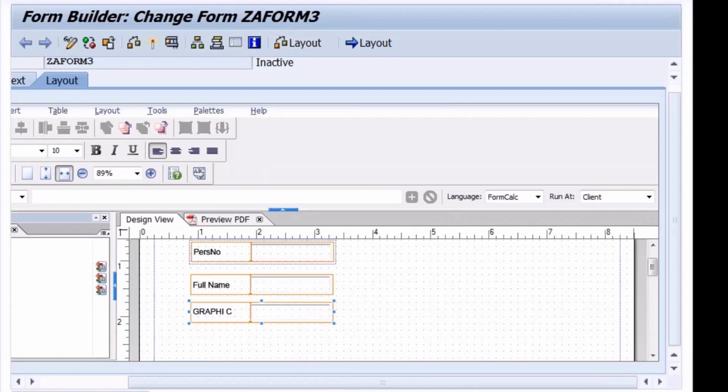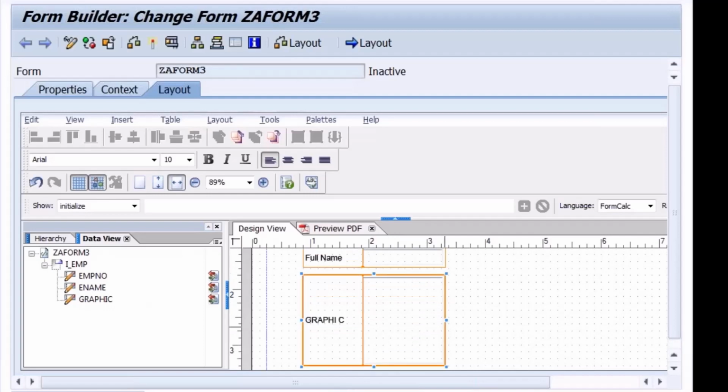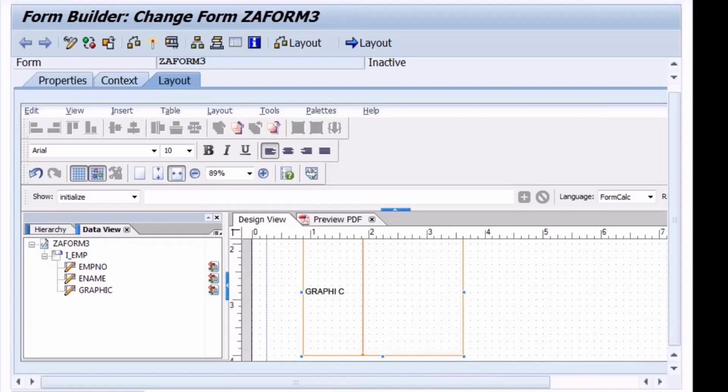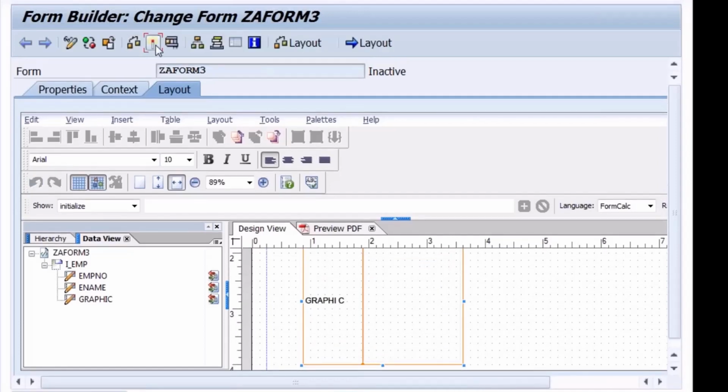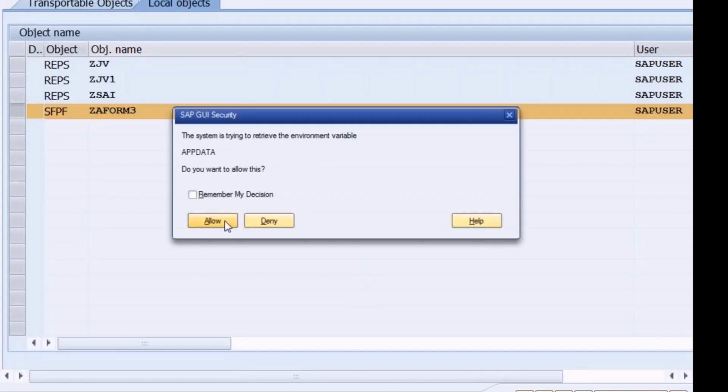Let me check. Save. Check it. Done. Can I increase the size? Yes, I'm able to increase the size. Save it. Check it. Activate this. Done. Okay. So what I did here, after mapping this I_EMP onto the layout,